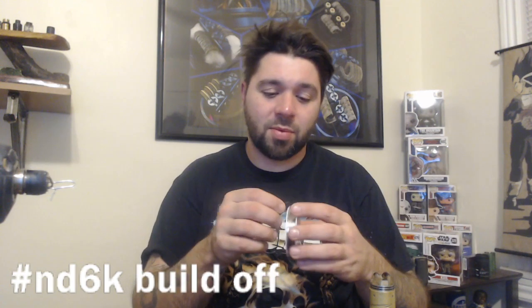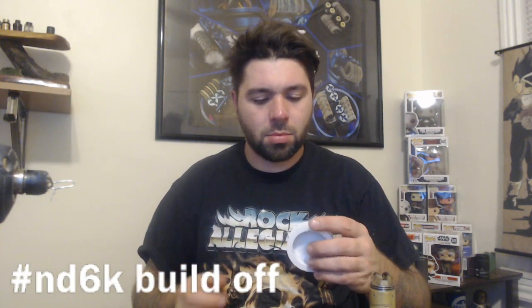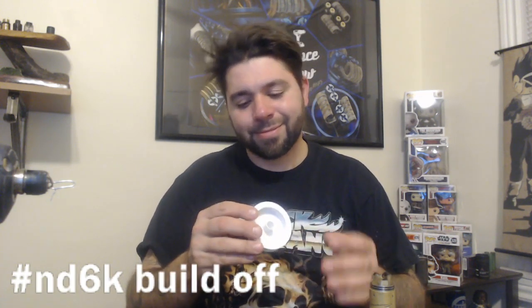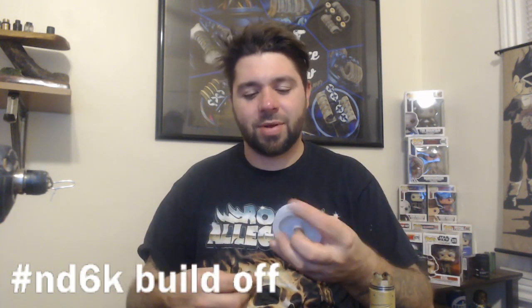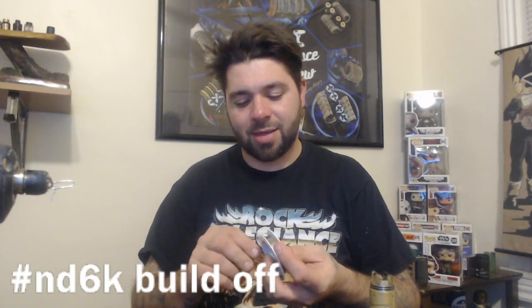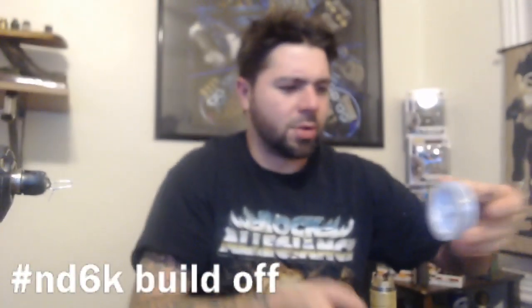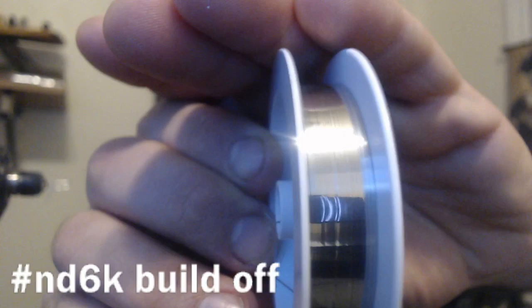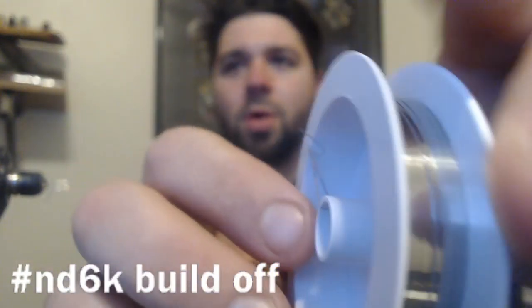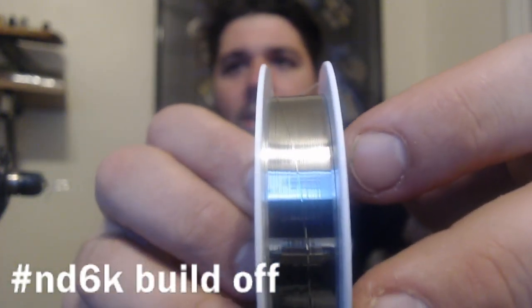Let's see what happens with the ribbon. Ribbon would be rough, but let's see. Yeah, ribbon's exploding a little bit, but ribbon's a little rough. I'd expect that to happen to any ribbon. But it's spooled on there so nice. I just exploded it a little bit, but hold on. Let me show you this one. Look at this ribbon on the spool. Look how straight everything is. There's like no overlapping. That one's overlapping because that's where I take it off. But other than that...